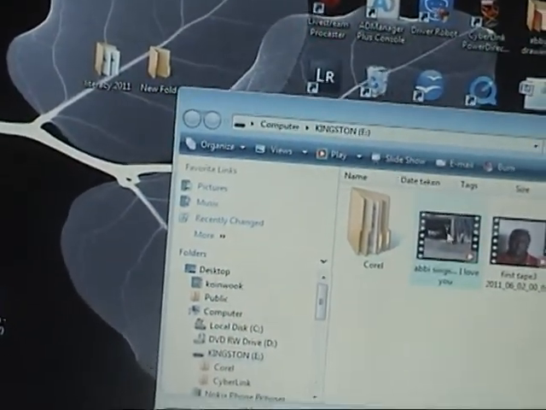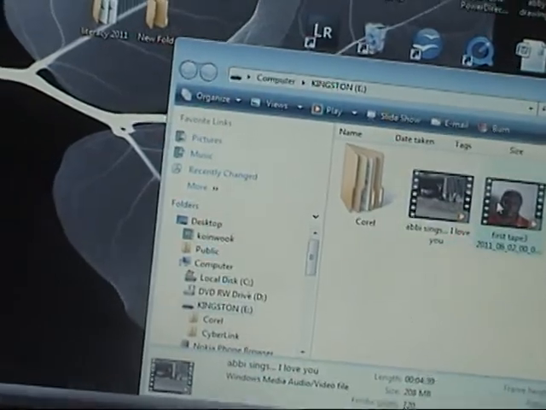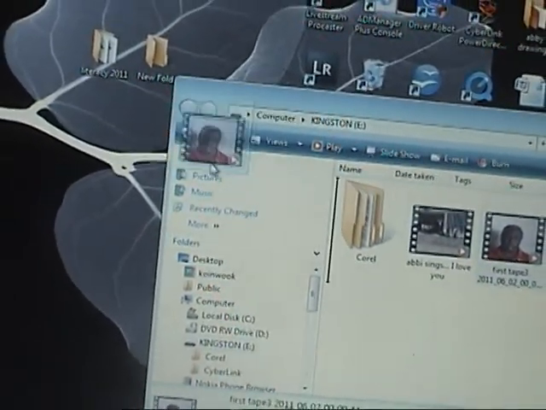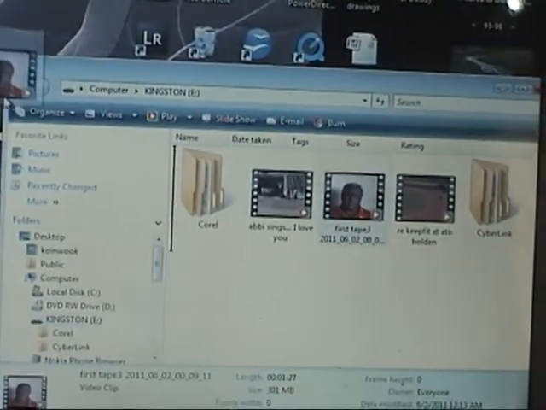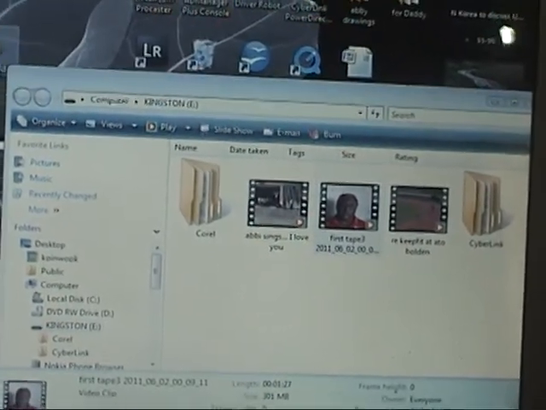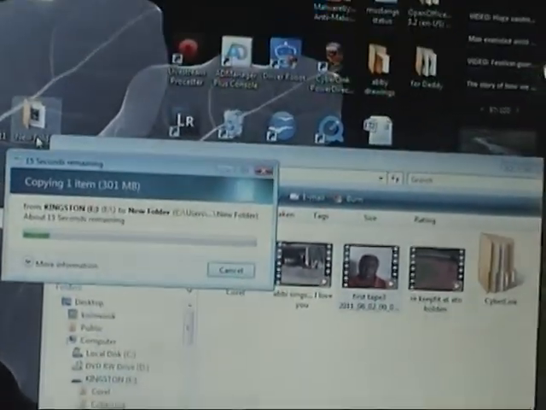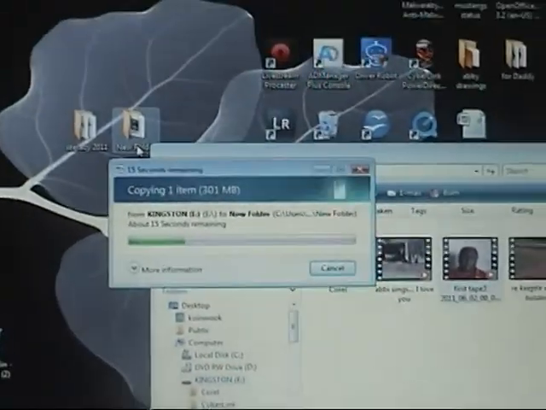Any video that you may wish to work with, you can click on it and drag it to that new folder. There you go. And it is then copied into the folder.